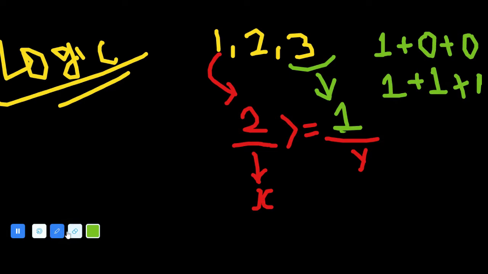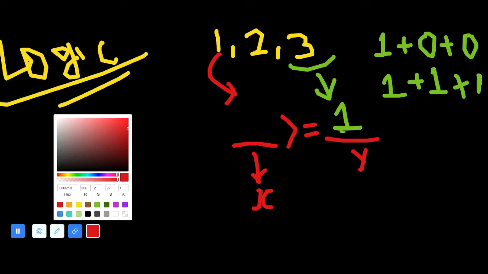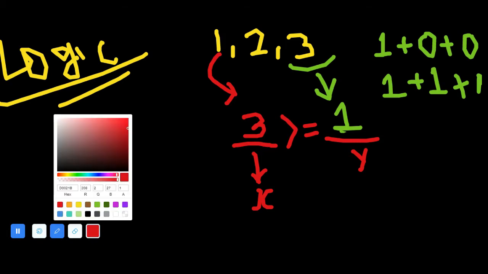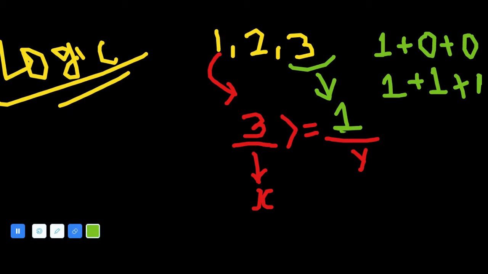Now let us move to number 3, and we will repeat that step again. So let us write number 3 here, and we will do the same steps again. Place 1 here. Is this logic true? Yes, this logic is true, so we will add 1 here. Now when you place 2, the logic will also be true, so add 1 more. And when you place 3 here, the logic will also be true because 3 is equal to 3, and we will add 1.